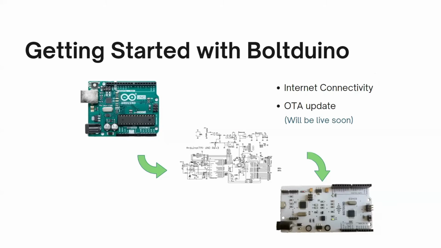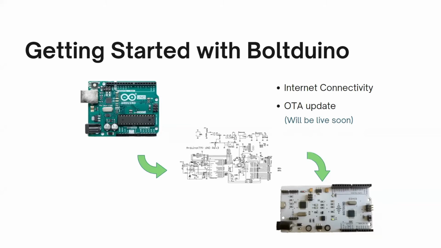Secondly, it has a feature of OTA update. So what this OTA update is, without even connecting wires, over Wi-Fi, you can transmit your code. It is something like a magic thing, like your device is somewhere else, and you can upload code to your device via air. But in case of Arduino Uno, you have to connect the wire to the laptop and then transmit the code to it. That feature will be live soon. Currently, it is in the testing phase and it will soon be made live, I guess. So this makes it different.